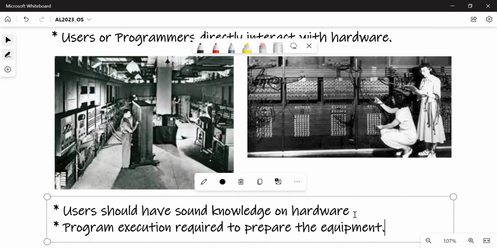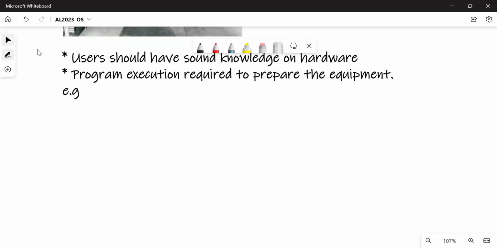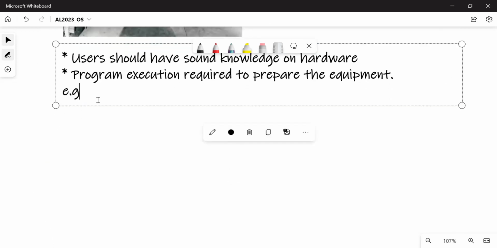So what do you mean by preparing? It could be a couple of things. Now it could be mounting magnetic tape, because when you want to save data, early days you usually used what we call magnetic tapes.